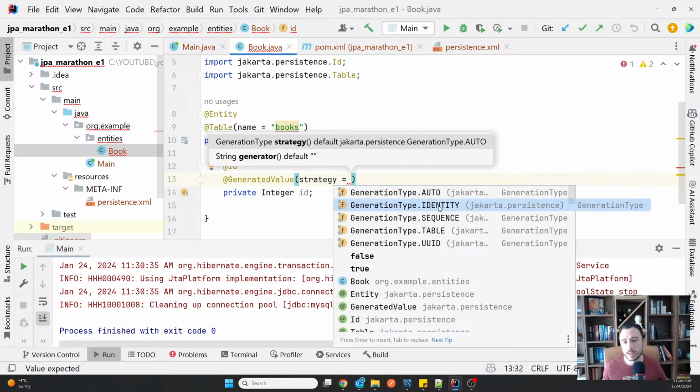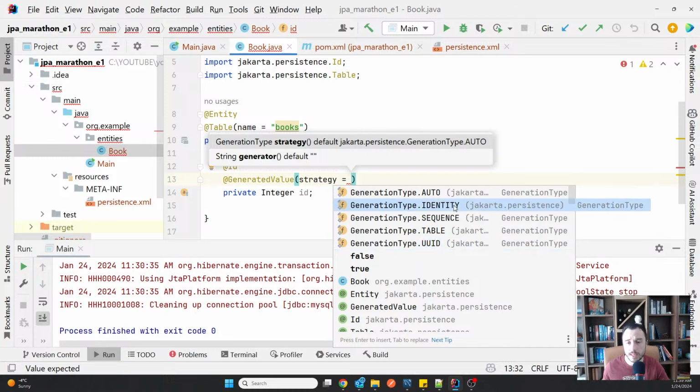Identity is the one that we are using if we have used auto increment, but then there is also the possibility to use a sequence for generating the values, a table, or simply generate them as universally unique identifiers, which is a common technique for tables with a very large number of values, potentially distributed throughout multiple availability zones. Such cases are, for example, transactions of a bank and stuff like that.